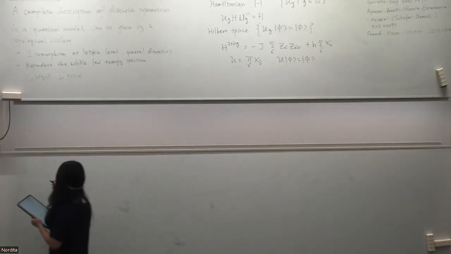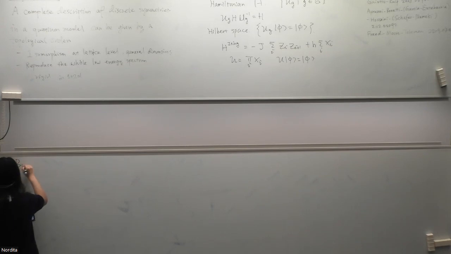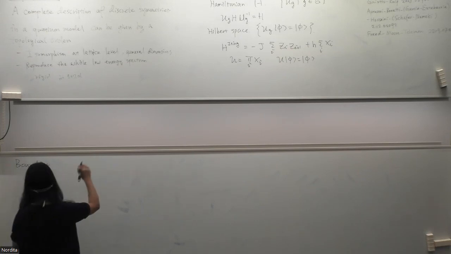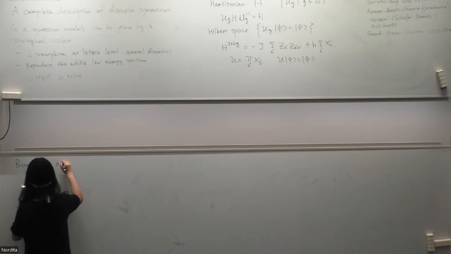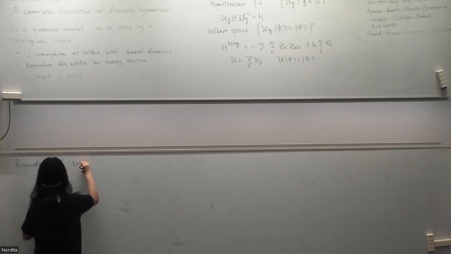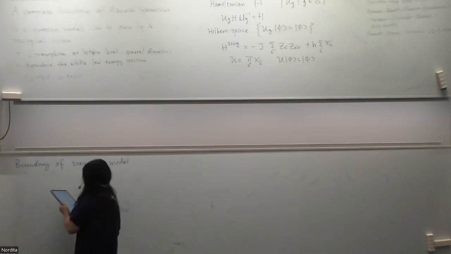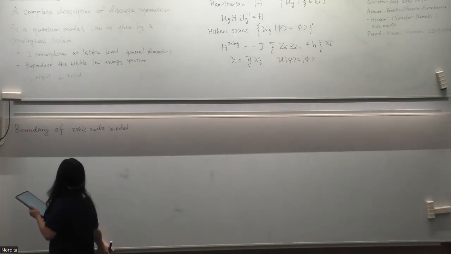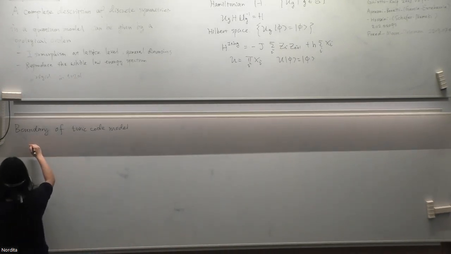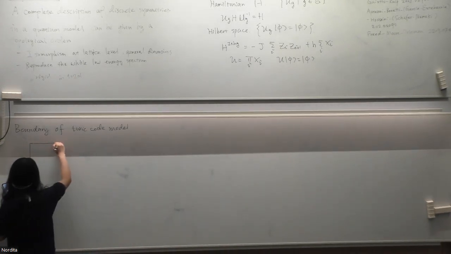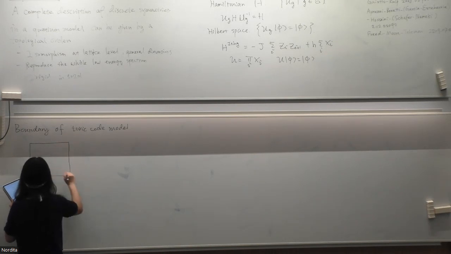Now, what's the boundary model that is isomorphic to this Ising model? It will be a boundary model of toric code topological order. So just to refresh your memory,